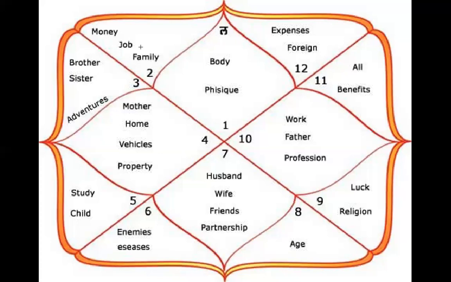Okay, the 12th house represents your left eye, and the second house represents your right eye in males, and you have to invert it in terms of females. That is, in females, the 12th house would represent the right eye, and the second house would represent the left eye. Okay, just be reversed. These are all the things which will be represented by the second house.